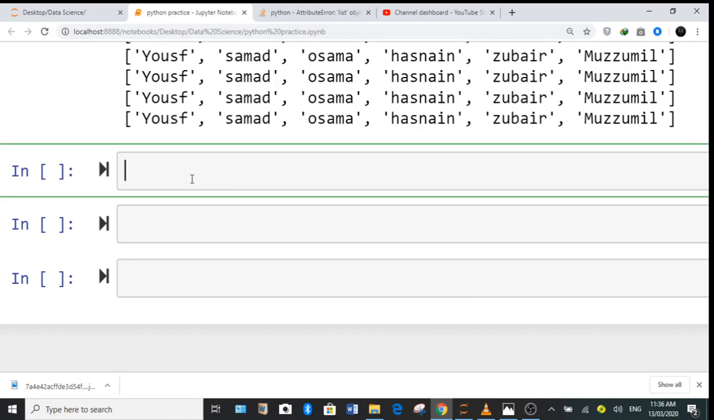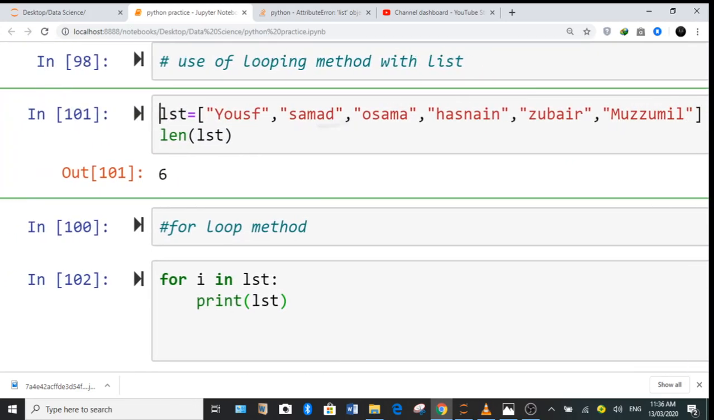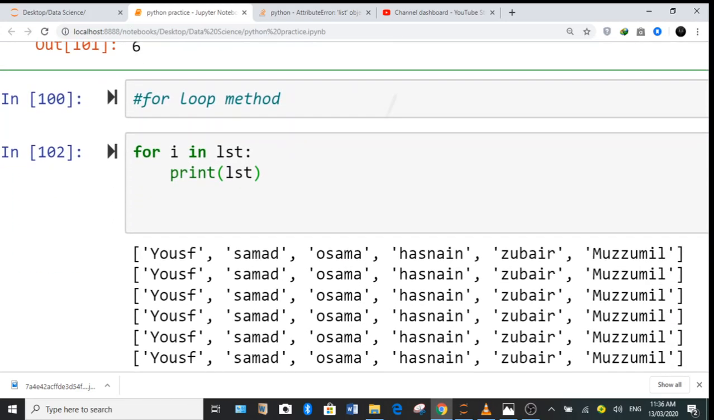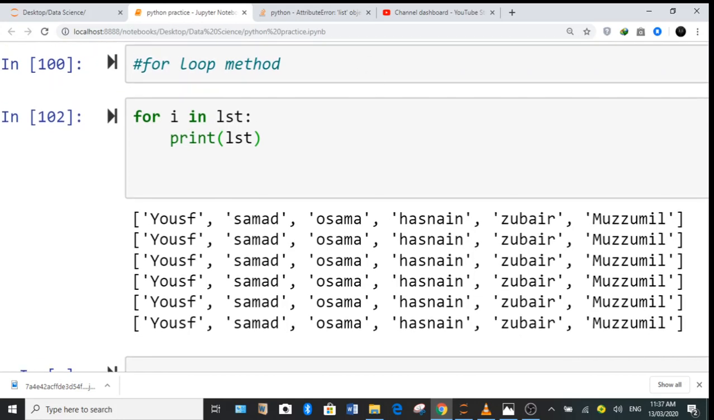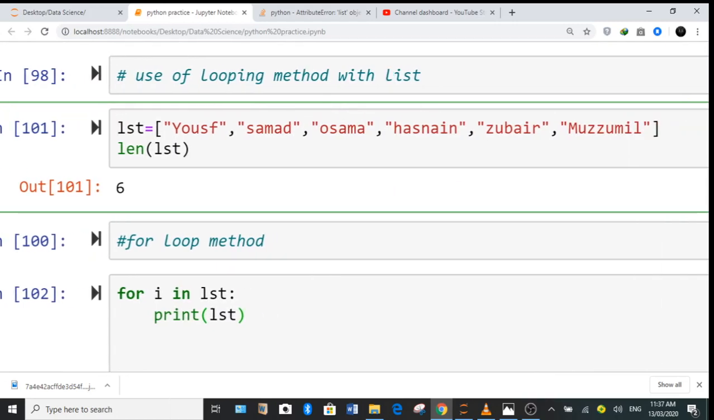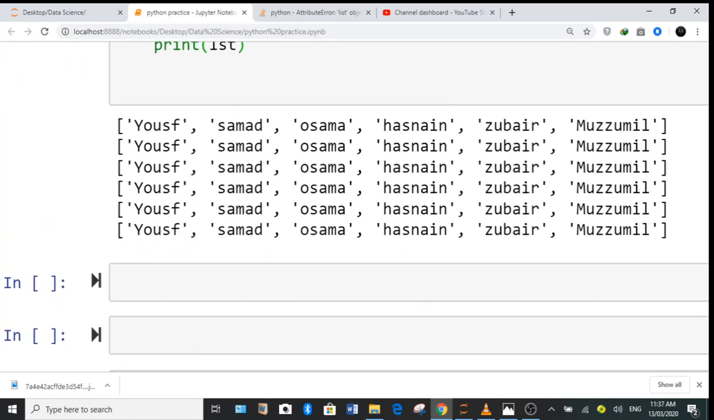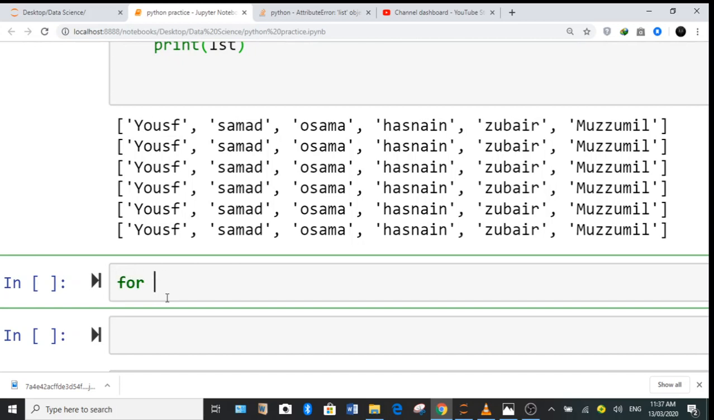Okay, so where were we last time? I made a list, and in that list I have done the 6 iterations here, and then printed the whole list. So what I was going to do last time was print a single element in each iteration. So how can I do this? I can do this for, I just take this up in lst, then take